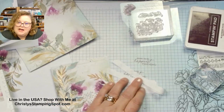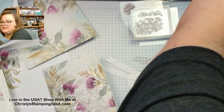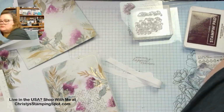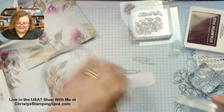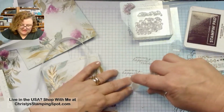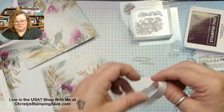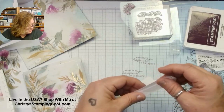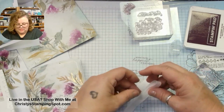Now, you can use your Stampin' Dimensionals to hold it, but I like, here we go. Need my Stampin' Seal. I like to use my Stampin' Seal. And now I started using tear and tape on my pieces too. But this you just kind of, looks like you just loop it in half, kind of to go behind the,